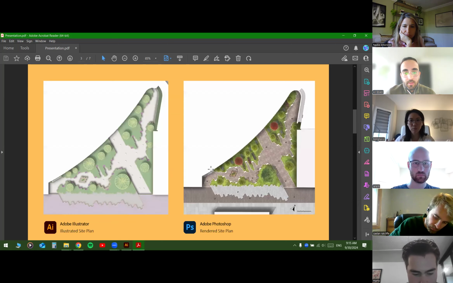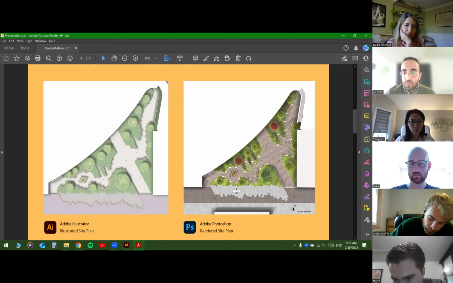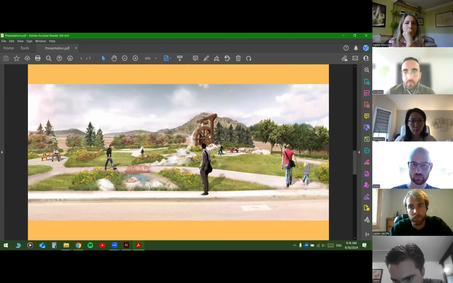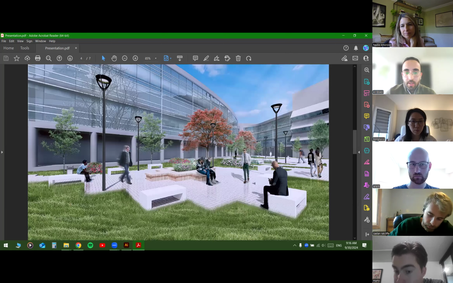For example, this is one of my works during Studio Design 3. As you can see, this is from Adobe Illustrator. This is a 2D graphic plan. But on the right, this is the rendered site plan. As you can see, we created a real world plan. And as Nadia mentioned, these are rendering works that I've done, and this is one of my works with Nadia. These are in Photoshop, because you can make images in Photoshop and make them like real